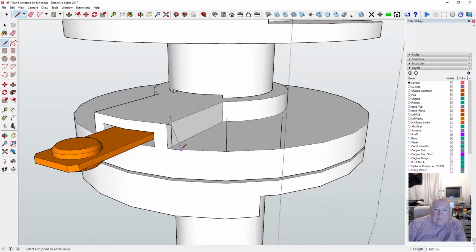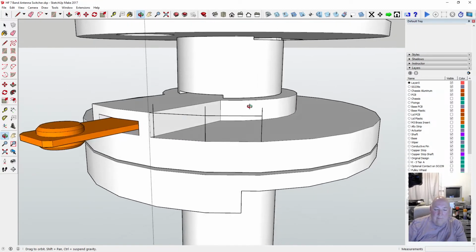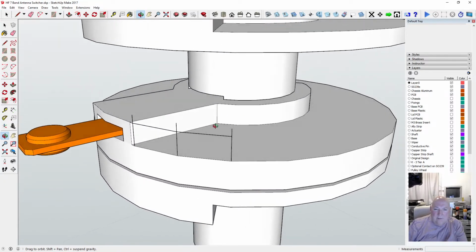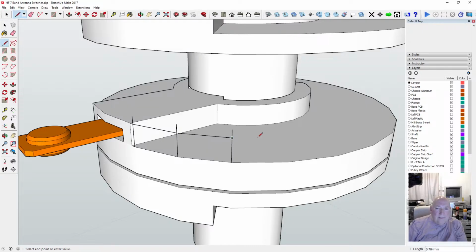Grab that. We're going to reference that line there. Go to there, and we're going to reference that line there, and go to there. So all we've done is put an edge on it. Okay, and we could do a similar thing here.